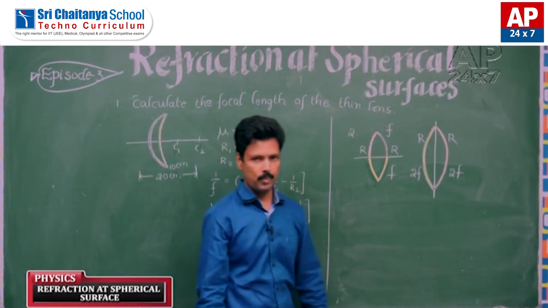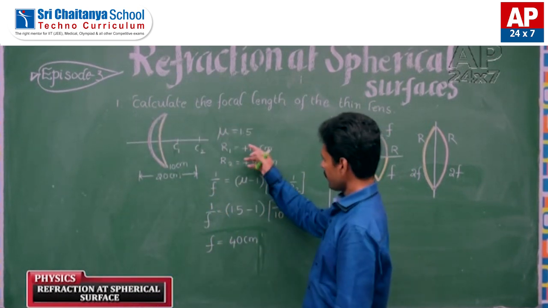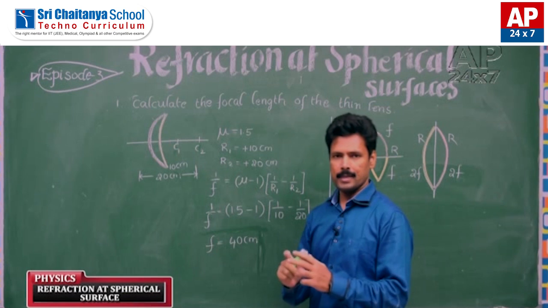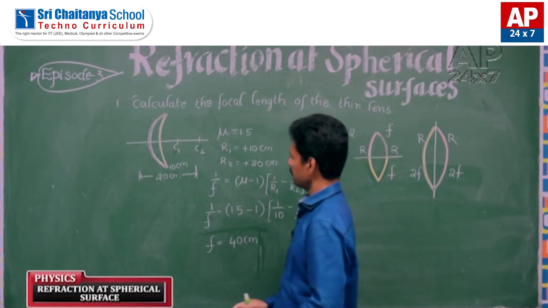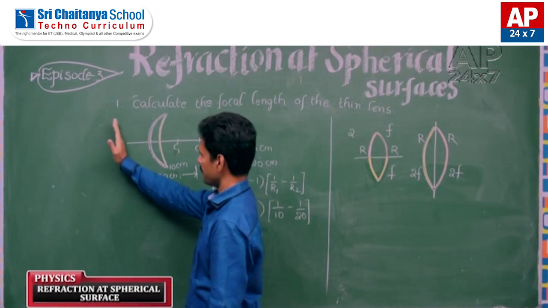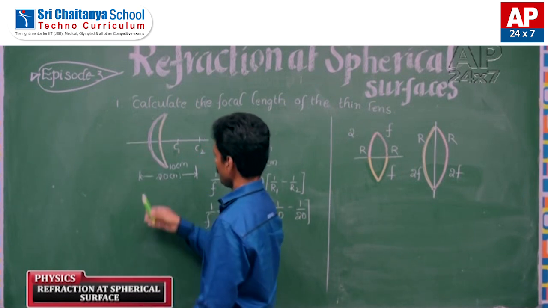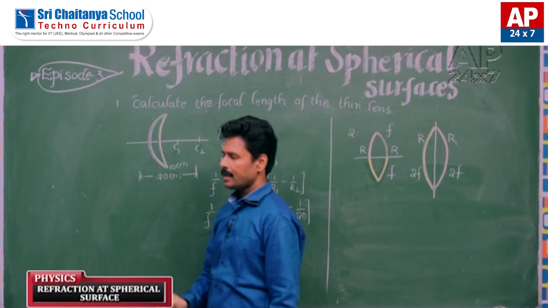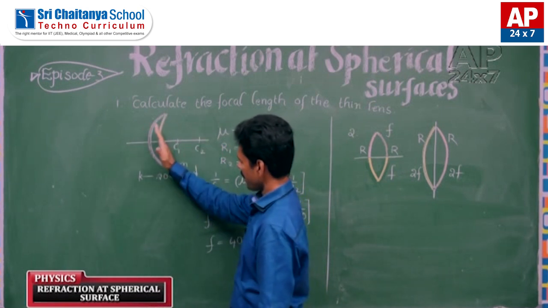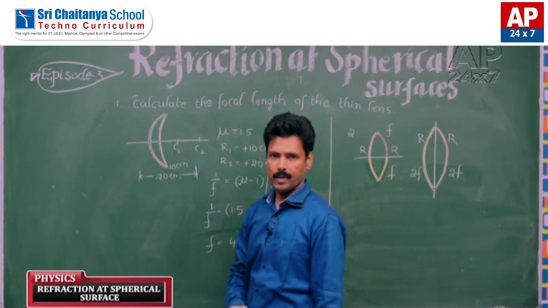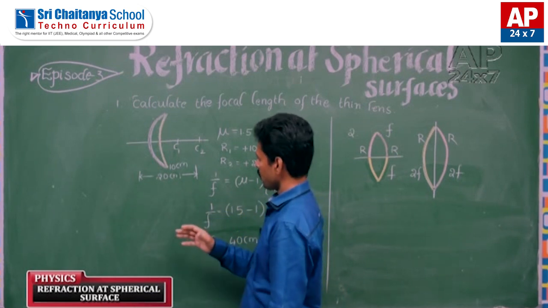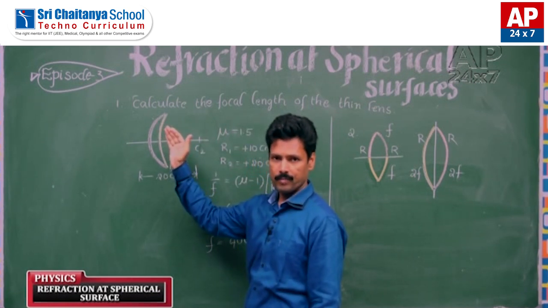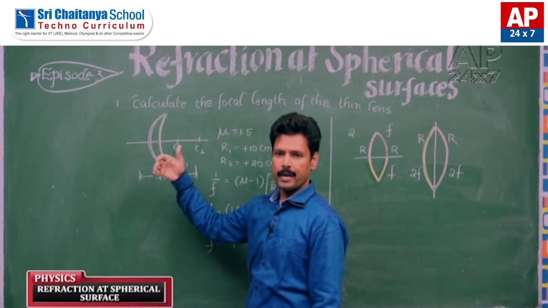Now one important point on this: why do we take only plus 10 and plus 20, why not minus these two? Many are getting this kind of doubt. Let us see carefully. Suppose rays come from this side. In such a case, we take this as origin, so this is positive x and this is negative x. In such a case, R1 and R2 both will be positive. For example, if we take a problem with rays coming from this side, is the answer the same or different? The answer does not depend on the direction of light rays.